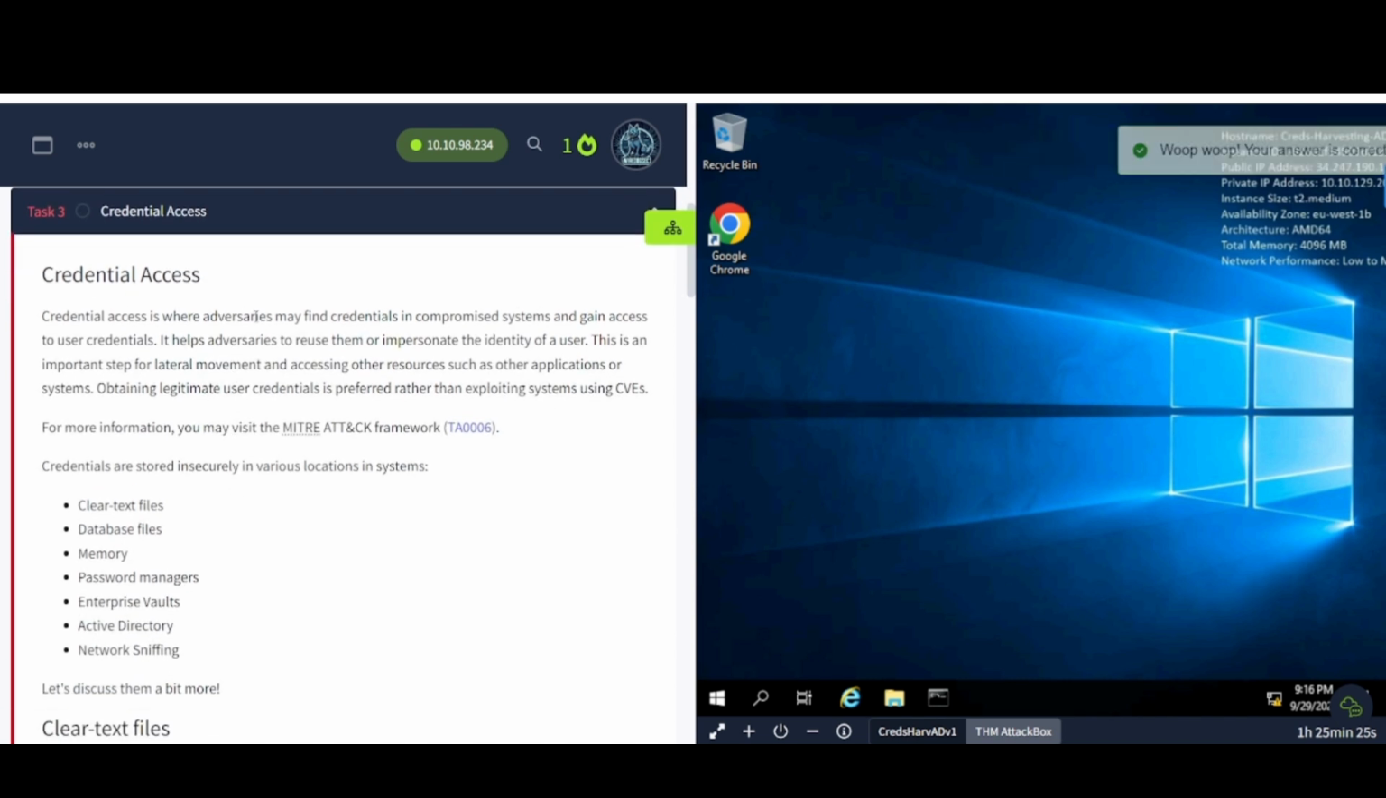Credential access is where adversaries may find credentials in compromised systems and gain access to user credentials. It helps adversaries to reuse them or impersonate the identity of a user. This is an important step for lateral movement and accessing other resources such as other applications or systems. Obtaining legitimate user credentials is preferred rather than exploiting systems using CVEs. For more information, you can visit the MITRE ATT&CK framework